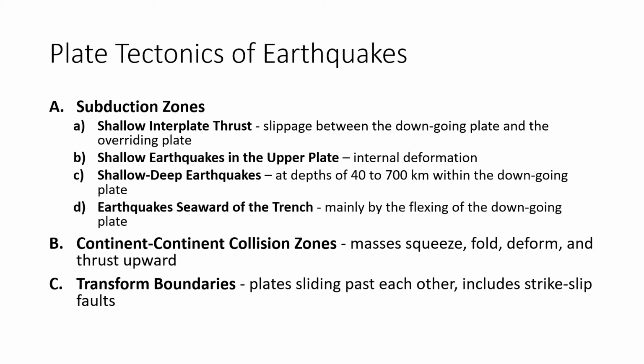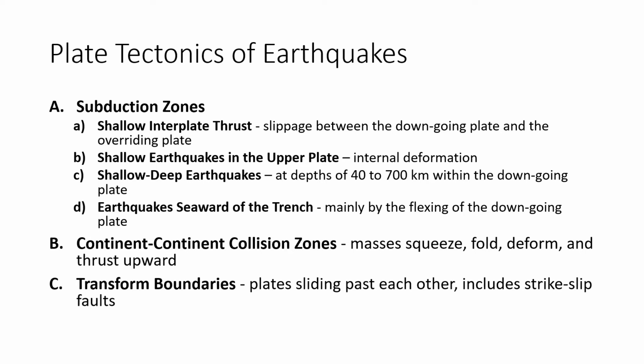And the last subtype is the earthquakes located at the seaward side of the trench. Right, so this involves the flexing of the downgoing plate. Now you also have your continent to continent collision zones. These are two large land masses that are essentially just colliding like two cars crashing into each other. And what happens is there isn't much room for them